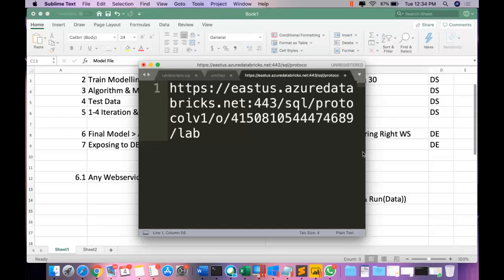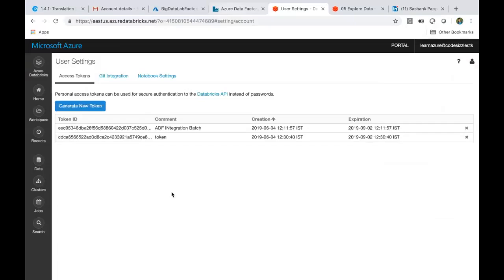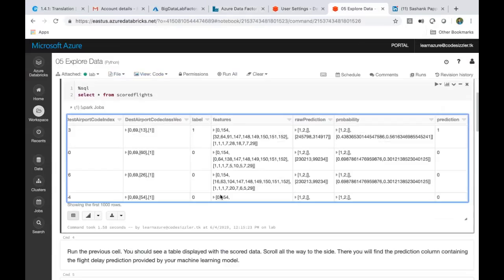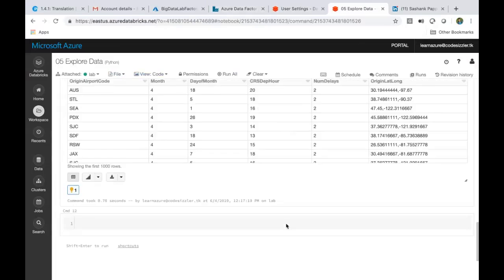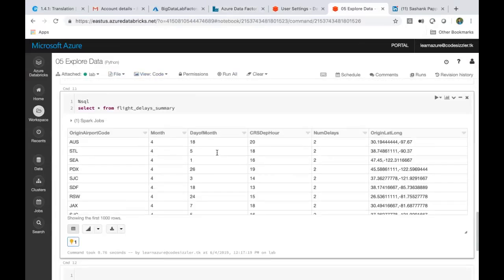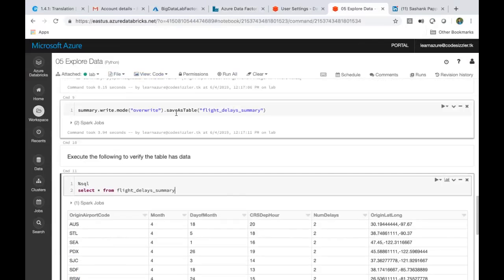Okay. Generally, this is not a best practice to work with like this. Can you tell me why this is not a best practice, having the system here? Any guesses why? Because this save as table is sitting on a cluster, right?